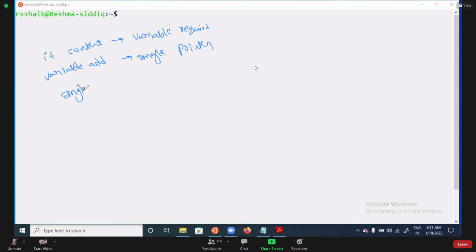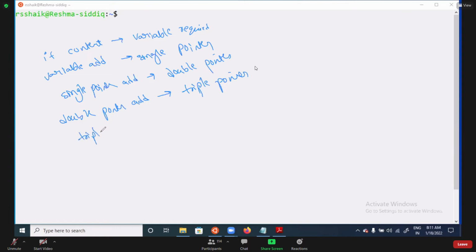Single pointer address, a double pointer is required. Double pointer address, a triple pointer is required. Triple pointer address, four pointers are required. Am I clear? Like this.